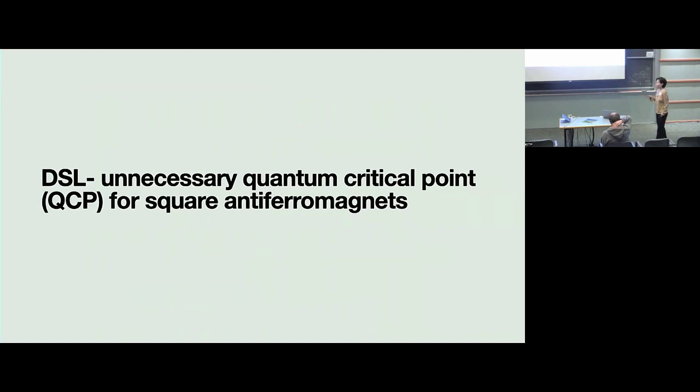Right, so now we have established that if we take the assumption that there is only one relevant perturbation in the square lattice Dirac spin liquid, and we are concerned with the actual fate of this anomalous SO(5) times C2T symmetry, I'll argue next that the theory will flow to some symmetry broken phase that is independent of the tuning parameter. So this describes an unnecessary quantum critical point.